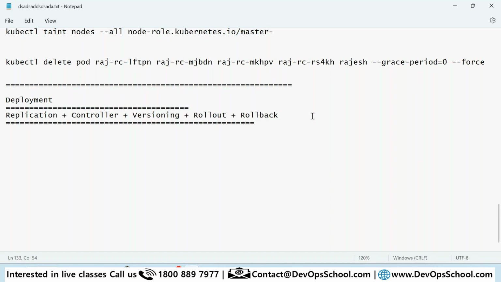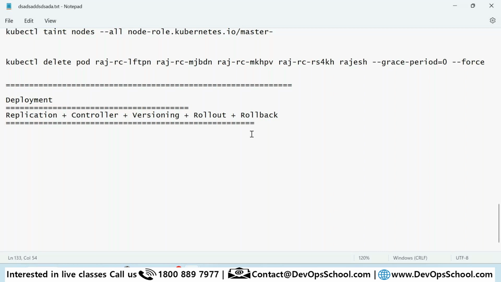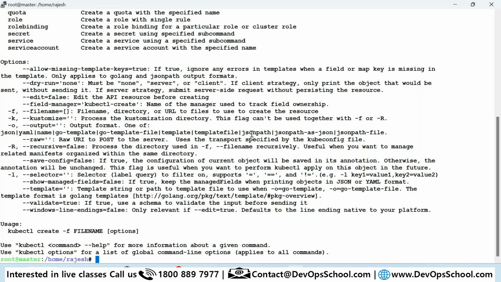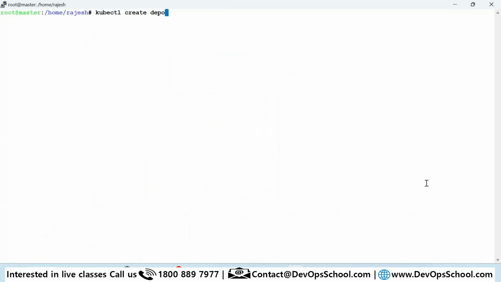So how can you create a deployment? This time I'll do it through the command line, though you can do it through a YAML file also. Let's say you don't know this command, correct? So how do I learn this pattern myself? I want deployment, so here deploy shortcut, -h.